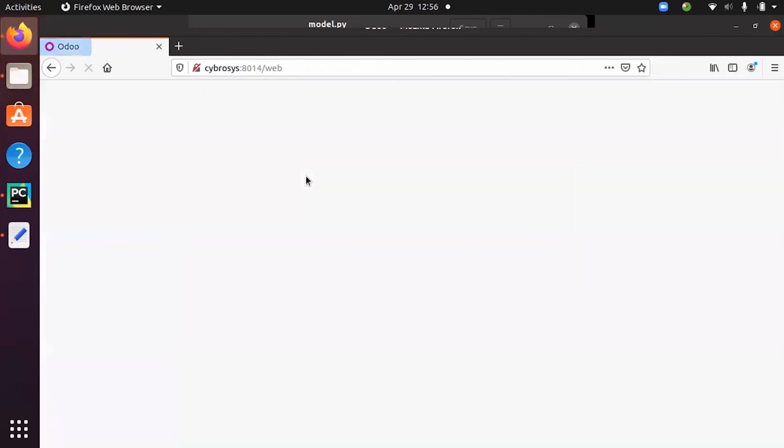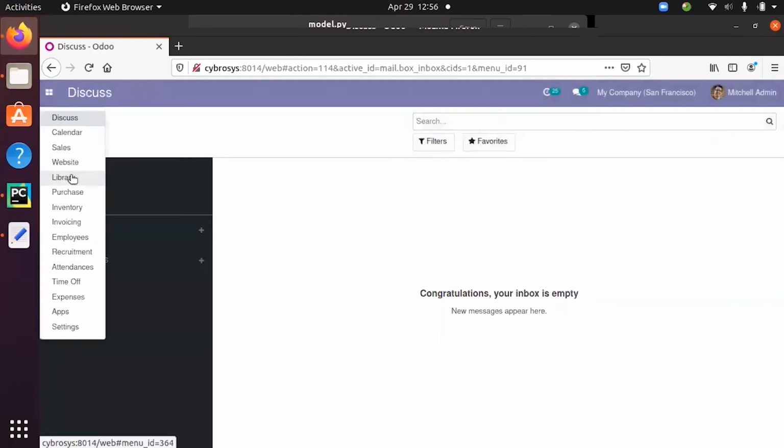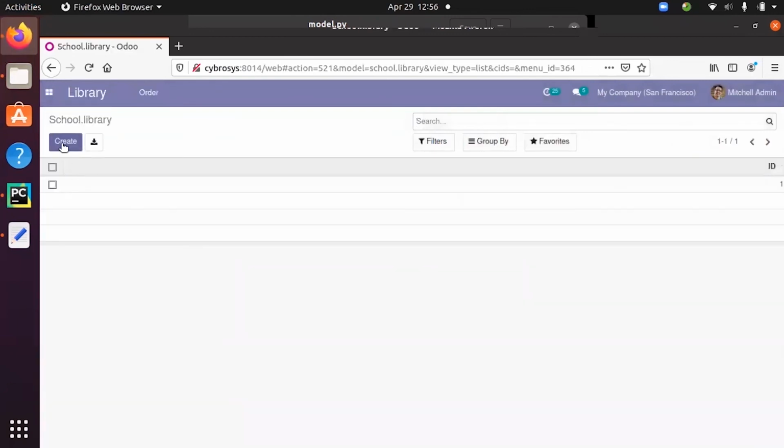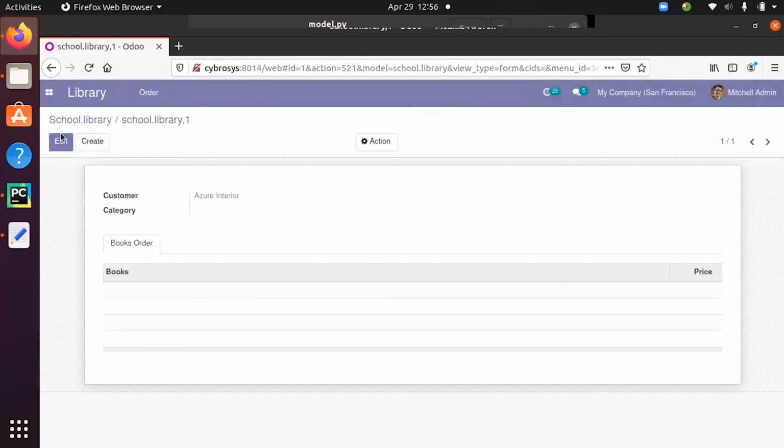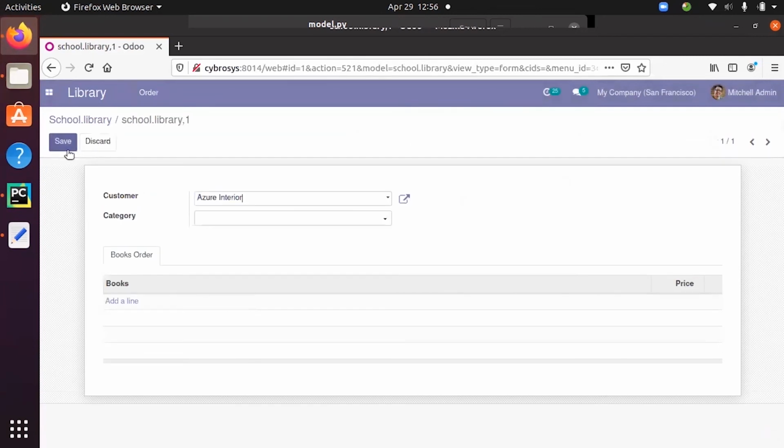Now if you upgrade the module, and here we have our library. So when you check the form, below this category you can see a new notebook is created. We can see the page name, that is books order. And inside the page, you can see a one to many field is created for books order.